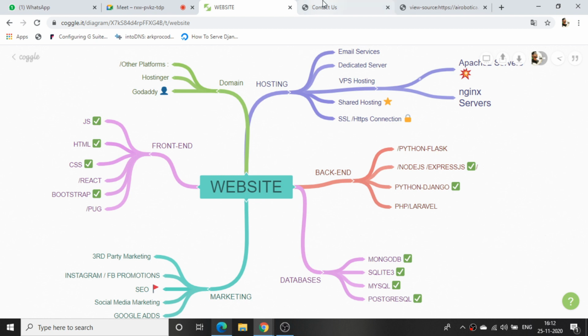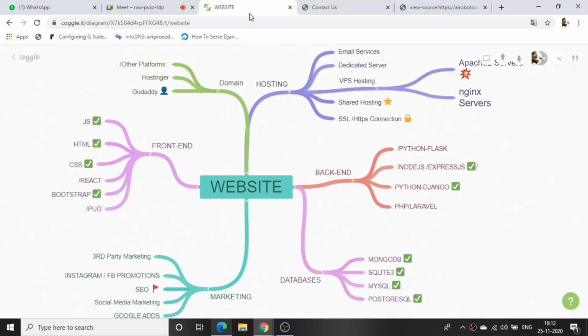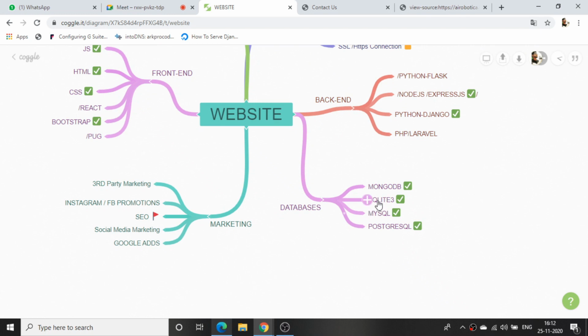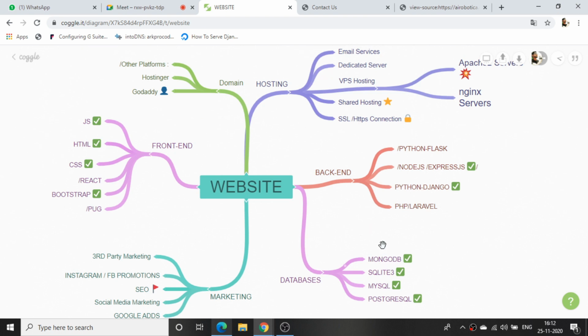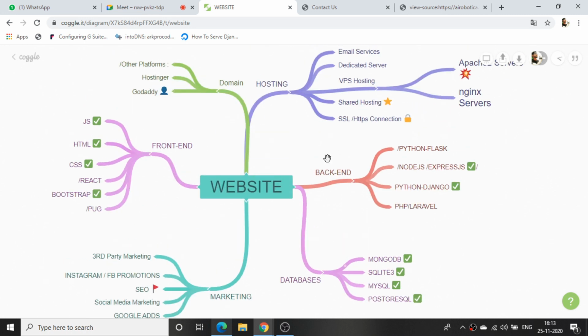Fine, we have collected the data into the backend. Now comes where I need to store the data of this particular form. The next thing is which database we are using. There are so many databases. We have MongoDB, SQLite, MySQL, PostgreSQL. These are all databases. Each database has its own characteristics. MongoDB we use as objects, SQLite is a file structure, and MySQL is like object filtering. So for your DBMS project, we will be using the MySQL database. I'll tell you how all the things will work. This is just an introduction part.